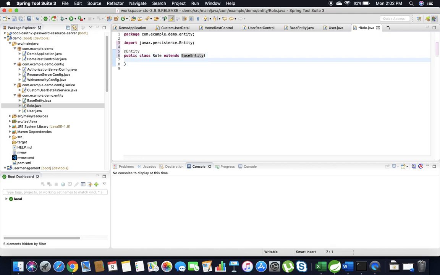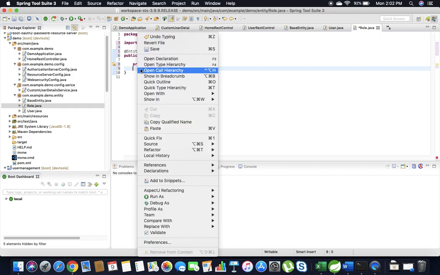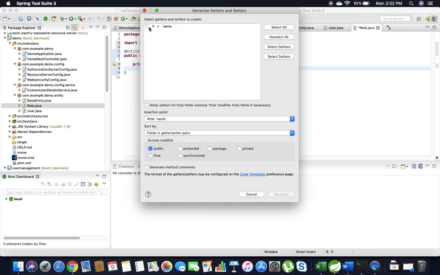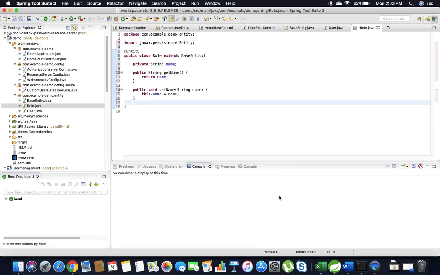And I have to give the role name. That's it, guys. We have done our database configuration, the database name and the role user, we have defined it, and this we need to map it to our